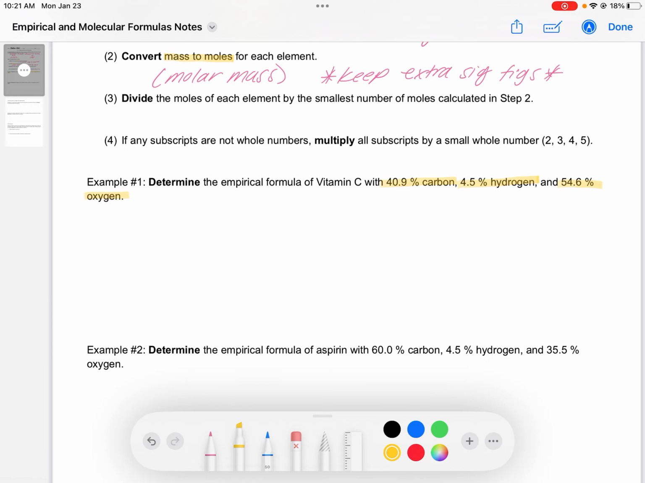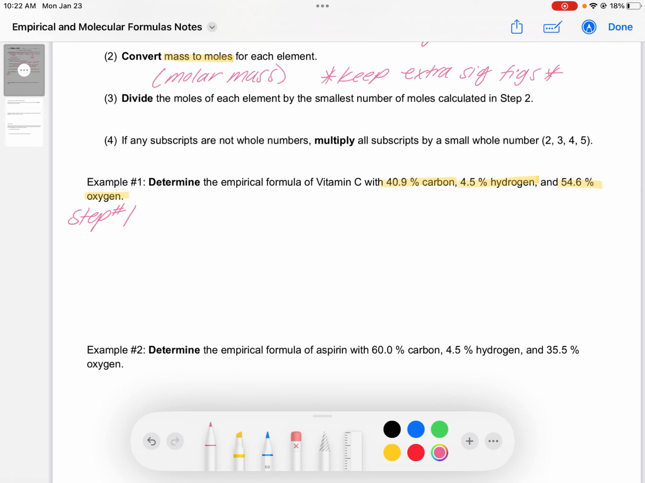To determine the empirical formula, we first have to be given either mass in grams or the percent of each element. And in this case, we're given the percent of each element. We know that we have 3 elements in this compound: carbon, hydrogen, and oxygen. So step number 1,